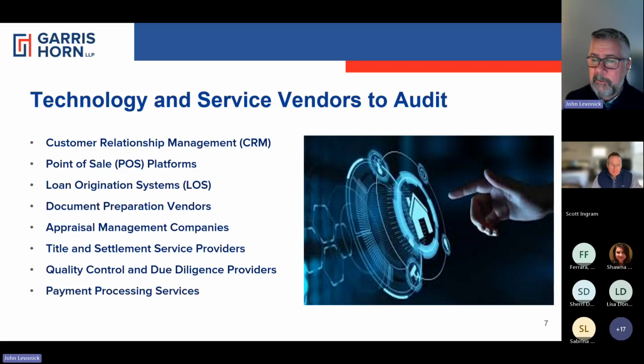Once again, these are third-party service providers that you might not think of as a technology provider, but they're a service provider. They're a technology-enabled service provider. They take possession of consumer data. Not only do they take possession of it, they retain it. How long do they retain it for? What is their data policy with purging and their obligation to protect and preserve the integrity of that data, and